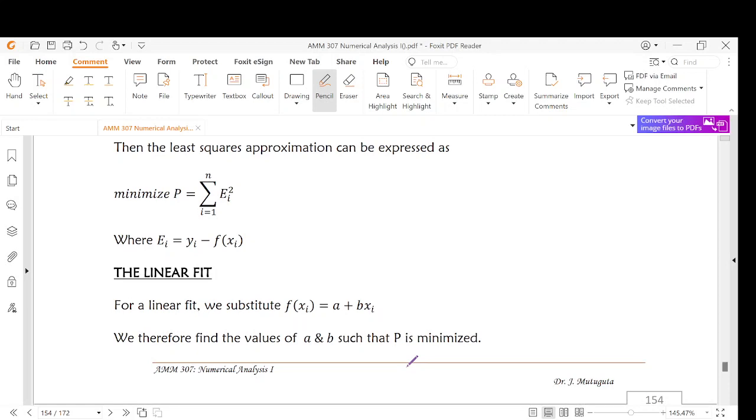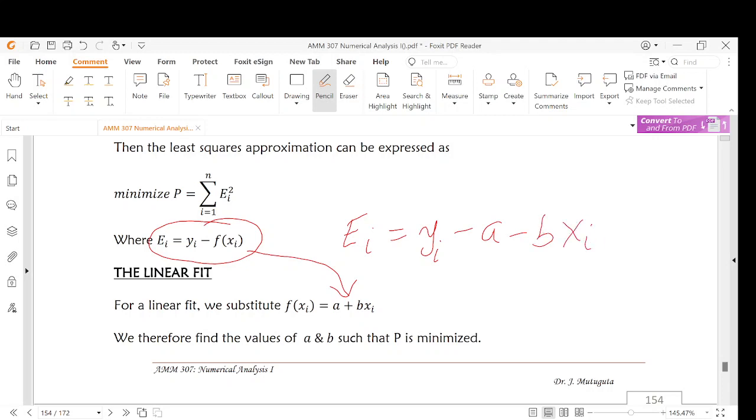Notice that because we had written ei in this form, when we replace f of xi with this function, we shall write ei equals yi minus a minus b xi. Then we can now square this quantity and substitute here,